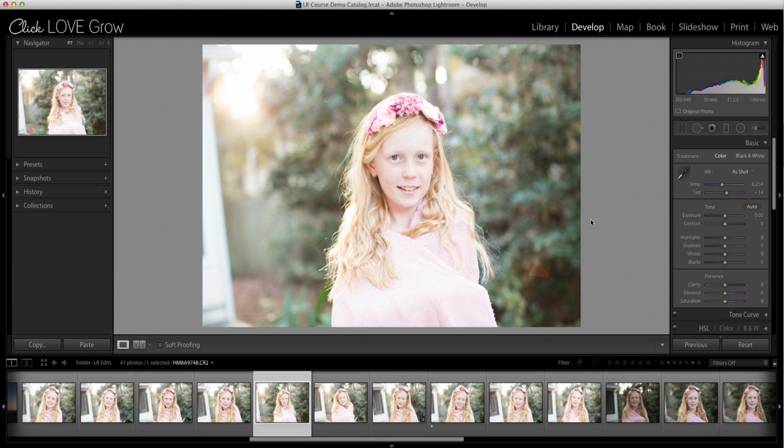Okay, so I wanted to now show you two edits of photos that I took when we were outside. I actually took a few different shots of my daughter, and then I decided to do the video because the light was so pretty and I wanted to explain how to position your subject in relation to the light. So you can see here the sun is very much coming down, filtered through the trees,